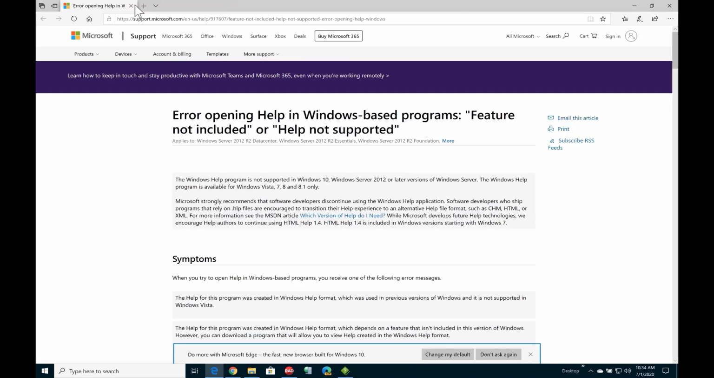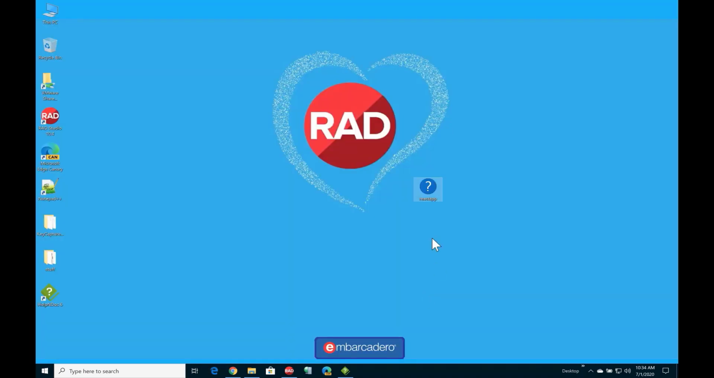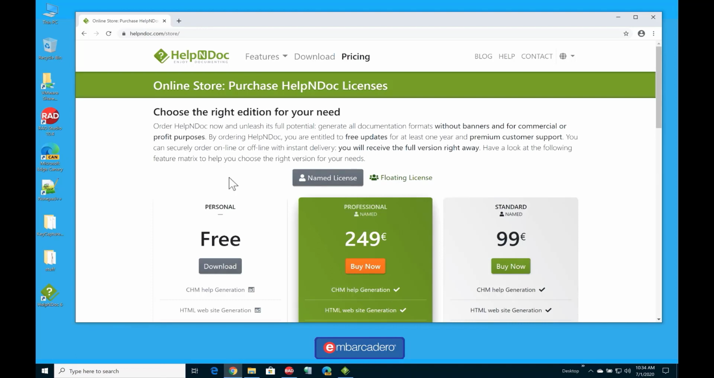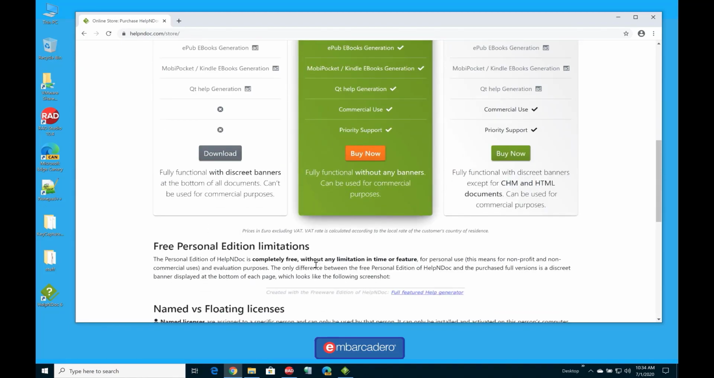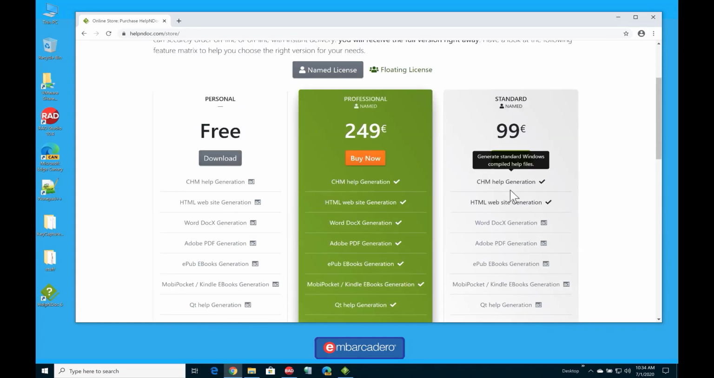What we can do, however, is quickly convert this to the new CHM format. So I've had a quick look around. HelpAndDoc is just one of many products out there. They do a personal edition, which the licensing allows for evaluation purposes, but not for commercial use. So we're just going to evaluate that, make sure it's working, and then if we need it, then for €99, without having to worry about any of the source or anything else for the help, we can get it converted pretty